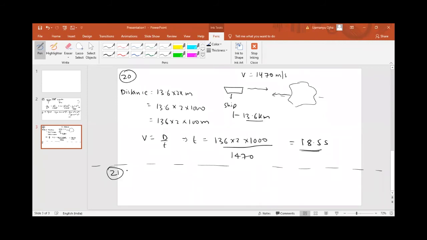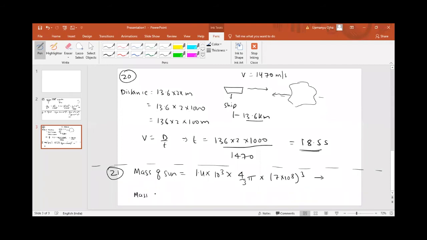21 is what? The sun is the largest. Okay, 98% of the mass of the solar system is the sun. Radius and density of the sun is given to us. So we can find the mass of the sun. So mass of the sun would be equal to density of the sun, that is 1.4 into 10 to power 3, into volume of the sun, that is 4 by 3 pi r cube. Okay, 4 by 3 pi, and what is the radius? That is 7 into 10 to power 8, cubed. So if you solve this, you get the value of the mass of the sun.